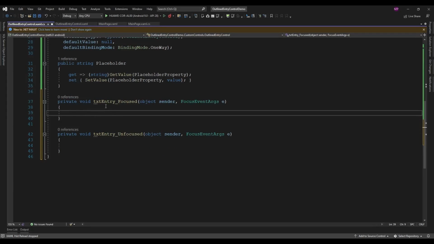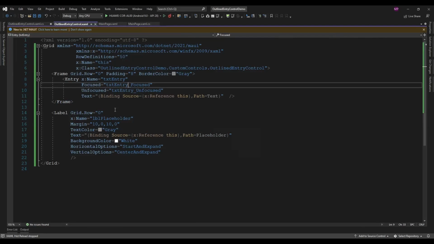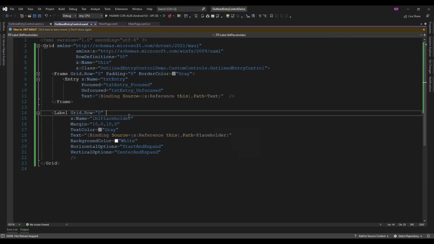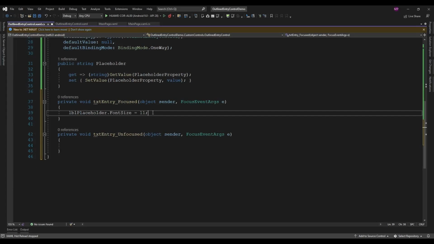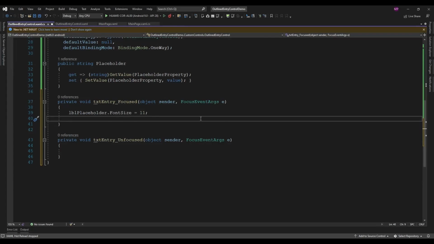So on the entry control focus, I will just set the label font size to a smaller font size, and I will set the default font size as 11, and then